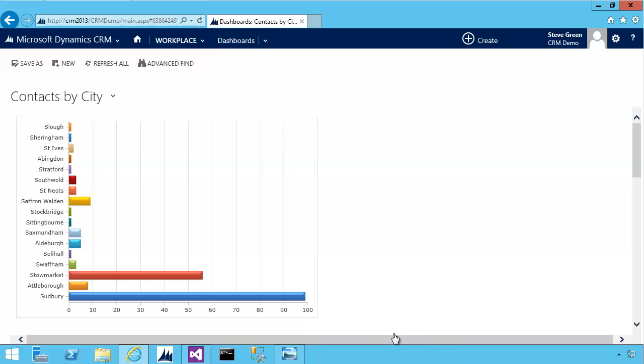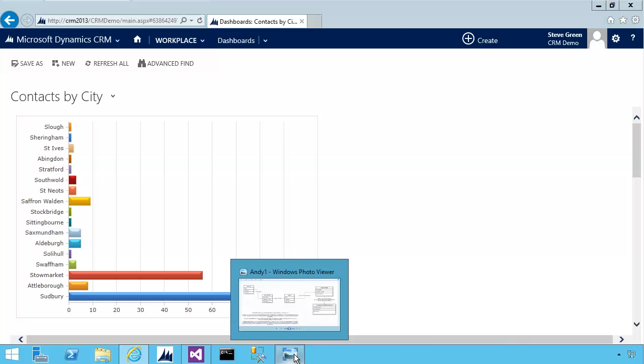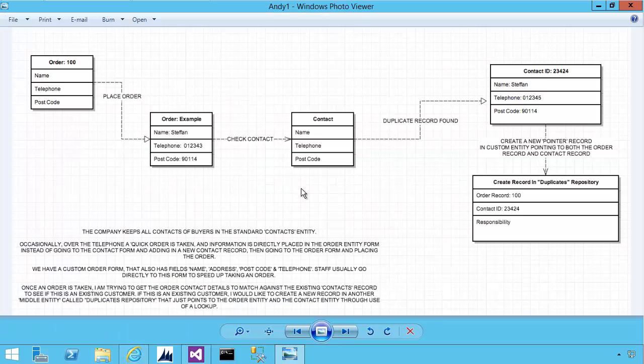I had a request going back about 3 weeks now from Andy Hull, who I believe works in the wine industry. They have a custom entity which is a quick order, which records some address details, telephone and postcode. He was looking for some kind of plugin that would then look at the contact entity for matching on any of those three fields, so telephone, postcode or address, and then retrieve all of those contacts,